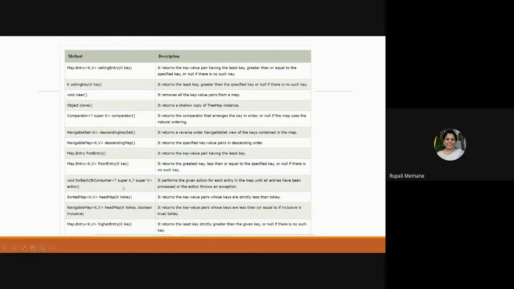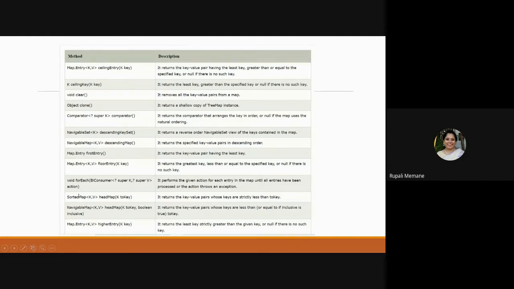Then void forEach, again it will be used during iteration. For each and every key value pair, it is going to display. Then SortedMap, headMap, so it returns the key value pairs whose keys are strictly less than the given key. So if I have given the key 50, it is going to list all the key value pairs which are less than 50.